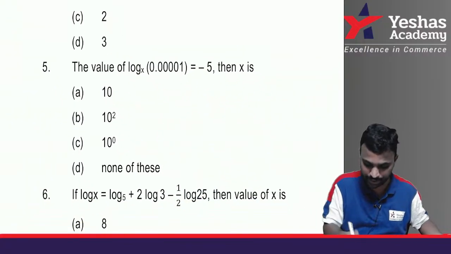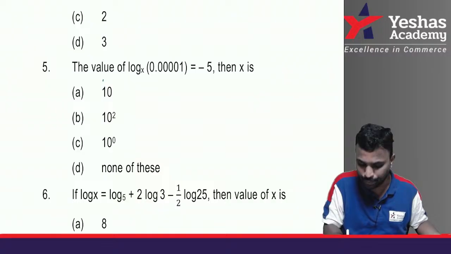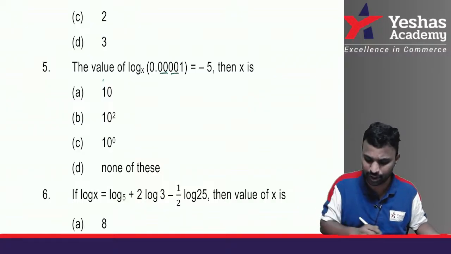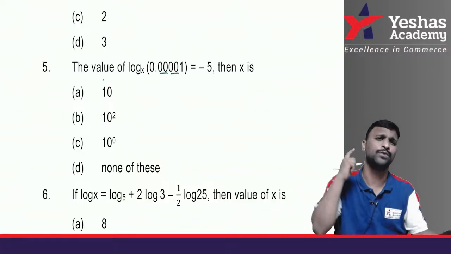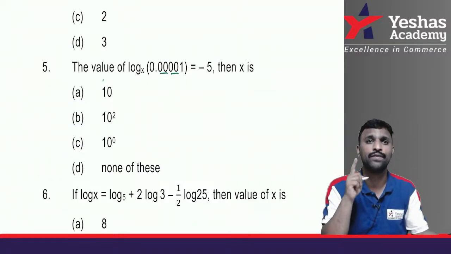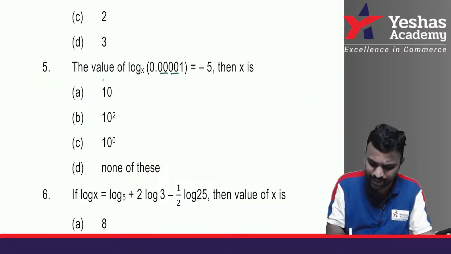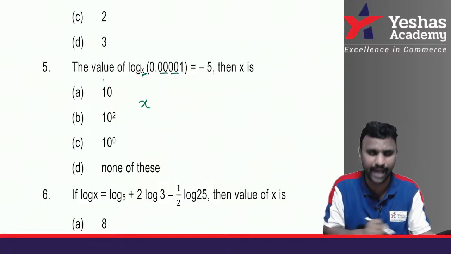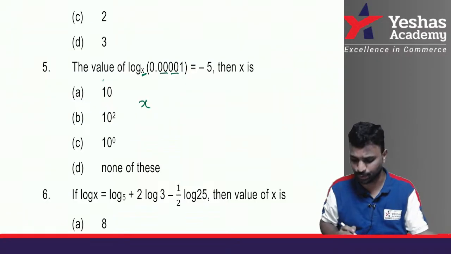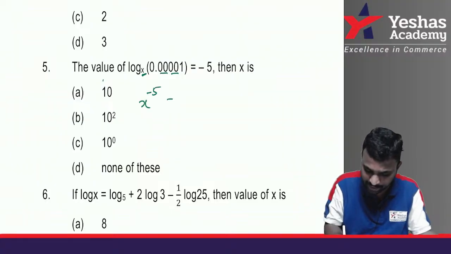It's based on logarithm. The value of log 0.00001 to the base x is equal to -5. Guys, what you have to basically do here is convert it into what? Exponent form. So how do you do it? Base remains as the base. What is the base of log? X. X remains as the base of the exponent. Whole power what? -5 is equal to